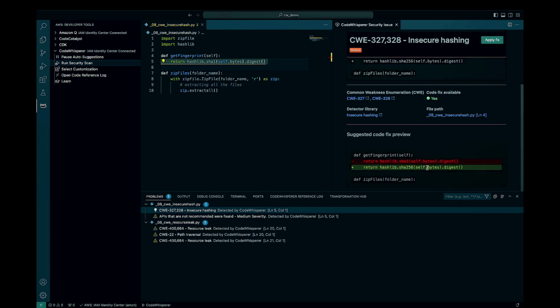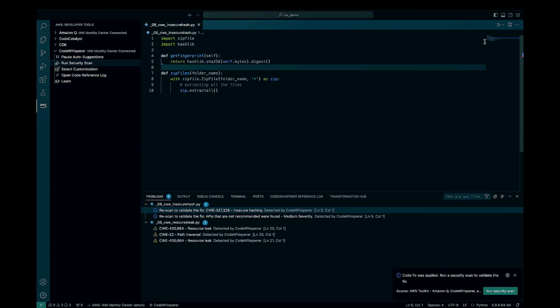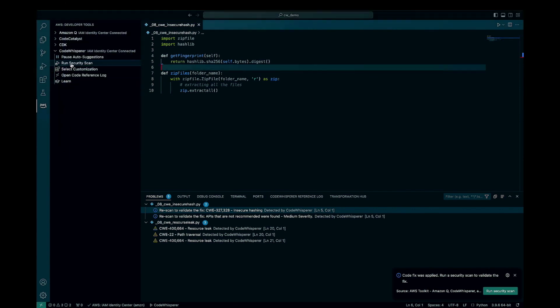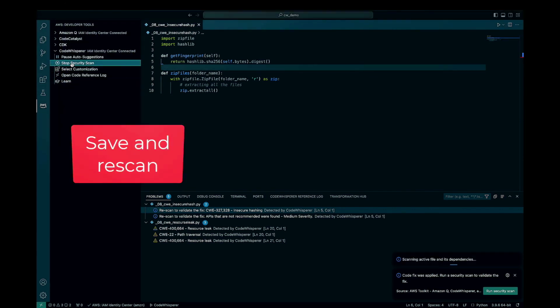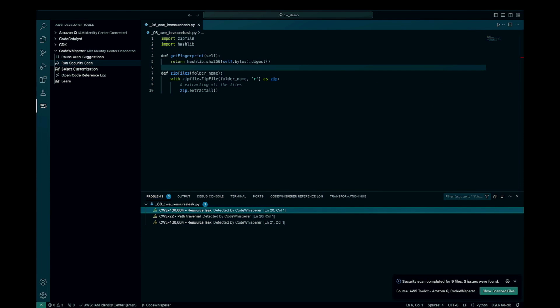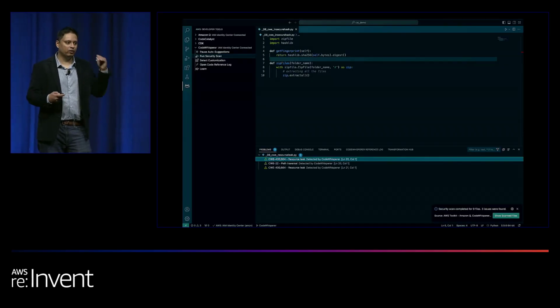Okay, what it is suggesting looks great. I'm going to say, apply the fix. It will apply the fix in place where the issue was found. So now you're good to go, right? So we're taking it a step further, where we will scan your files for you. We will tell you where the security issues are. And now with a single click, you can actually fix it in place so that you don't have to spend time on each of these steps.